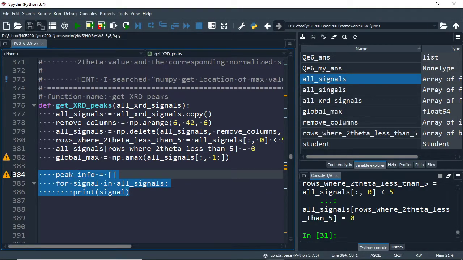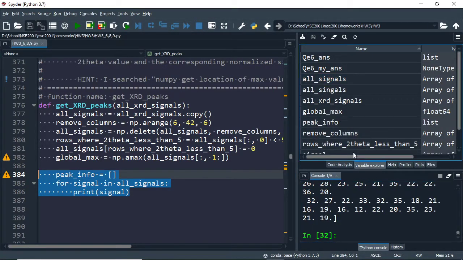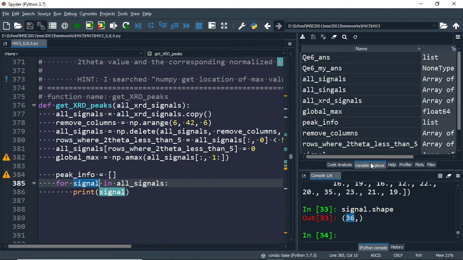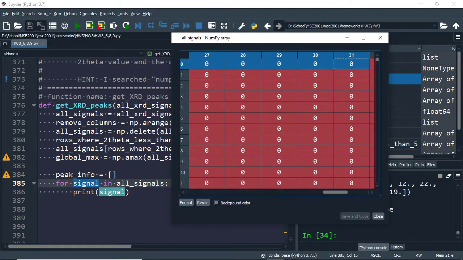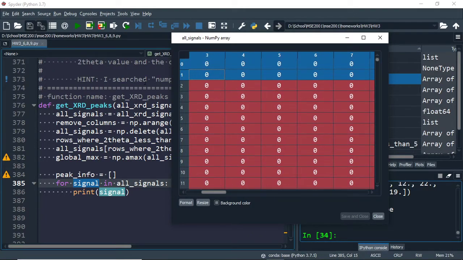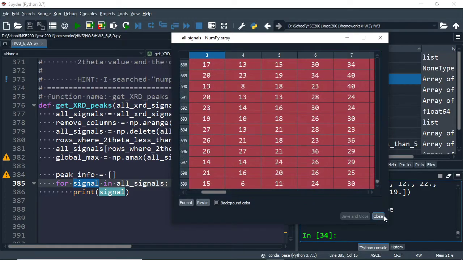We're going to see what happens. Okay, so what happened there? Well, signal, let's grab the shape of that. Signal.shape. Print statement didn't help much. So this is shape 36. So when we do this, when we're looping through all signals, notice the columns are 36 long, and there's 700